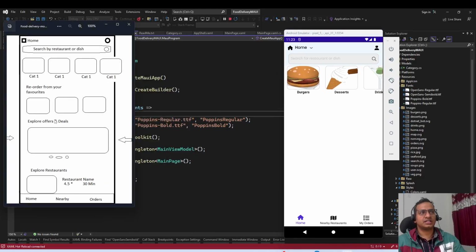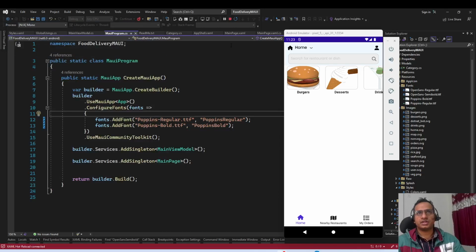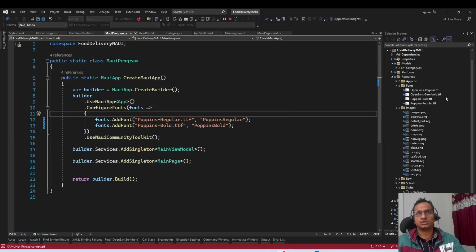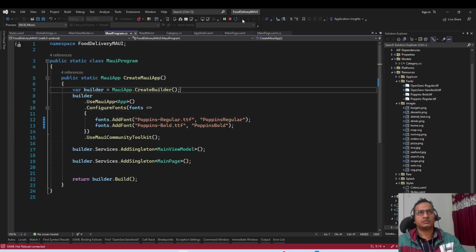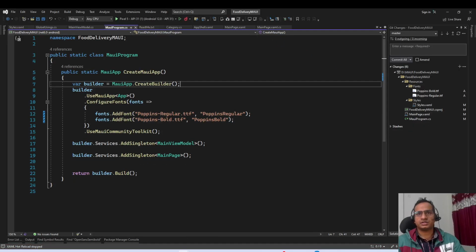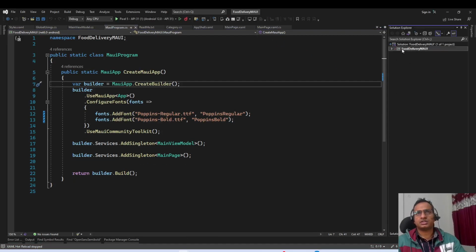So in this offer section, first we'll have one heading kind of thing, then we will have this offer section. Okay, so for these offers, first we'll need to generate a model. So let's head to our models, and we need to stop it. Let's stop it, go to models,